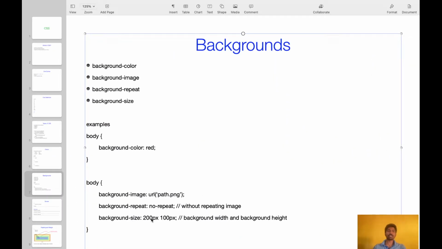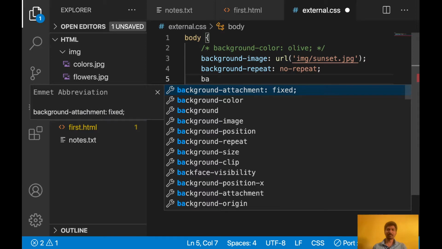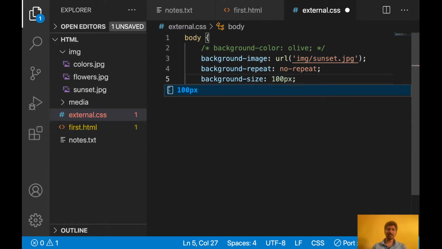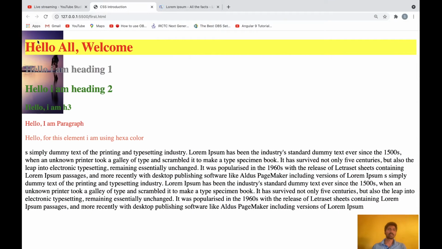Background size you can give any pixels. So let's use some background size. If I use 100px and 200px height, first one is the width, second one is the height, so that much only background image will come. See, 100px width is coming, height 200px is only coming.